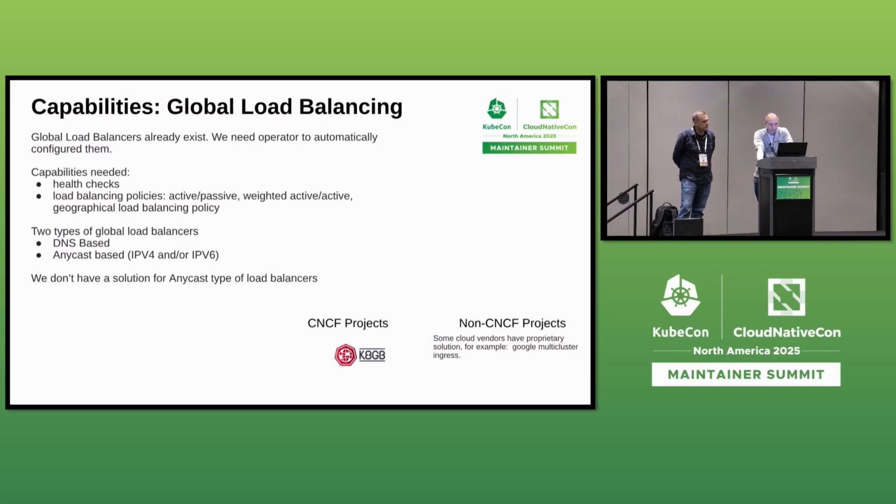And there are two ways to build global load balancers. One is DNS-based, where you resolve the DNS, and the DNS decides if you go left or right, let's say. And then there is Anycast-based, where you send a packet to an IP, and then a router decides if you go left or right. Anycast can be IPv4 and IPv6. Of course, Anycast is better in terms of performance. There are no caches involved. It's much better, right? But both could work for our disaster recovery strategy.